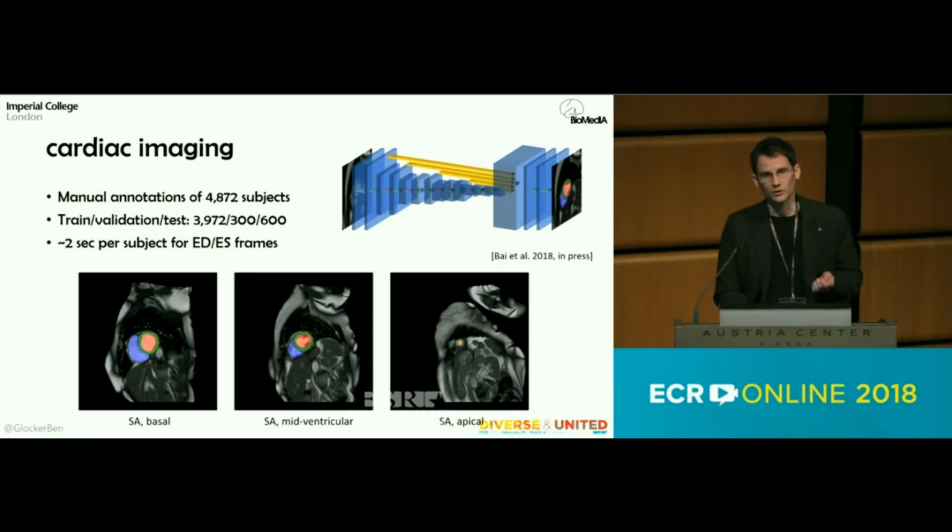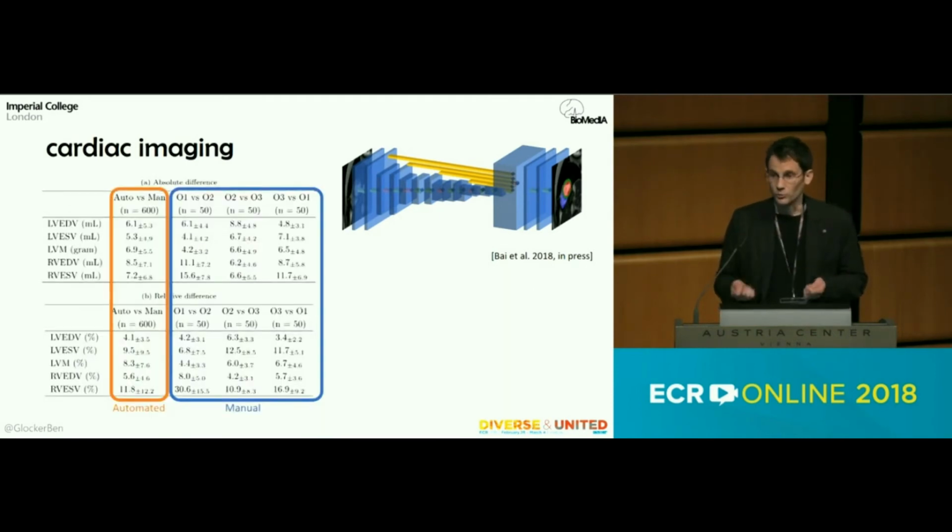More importantly, it does it very efficiently. Segmenting a 4D cardiac MRI can be done in just a few seconds. More importantly than showing that you get nice images with nice segmentations, we compared how well it does to human experts. In this case, we had 3 experts doing the whole manual annotation on a small subset, 50